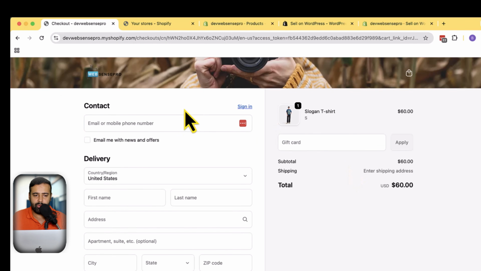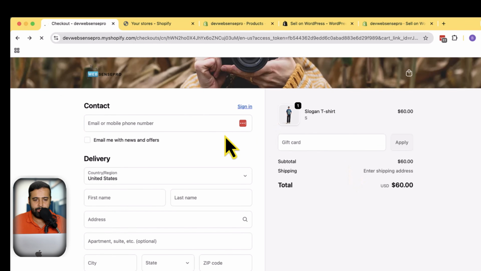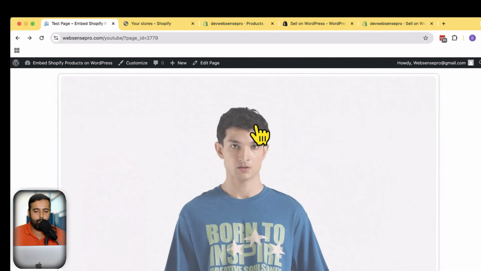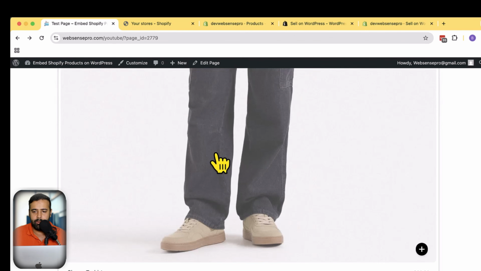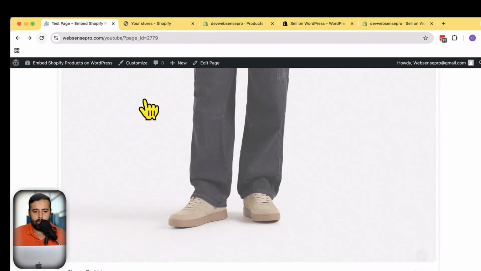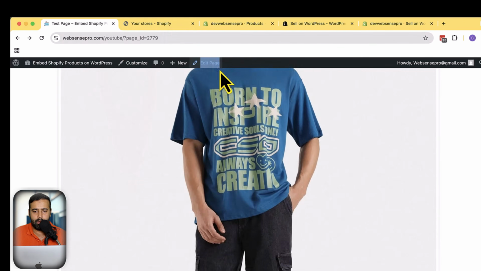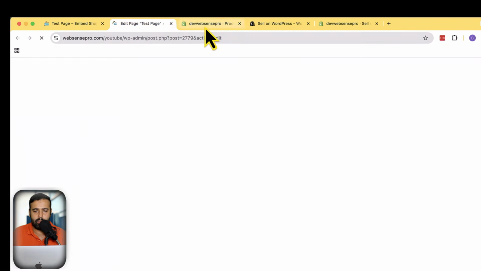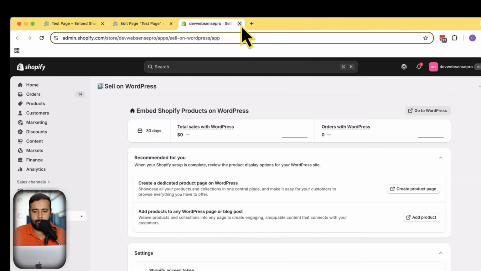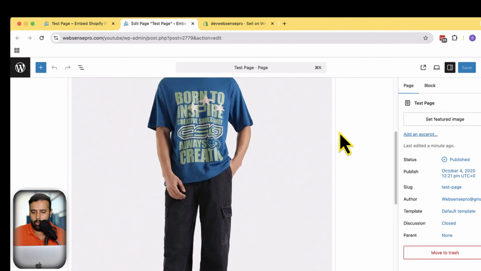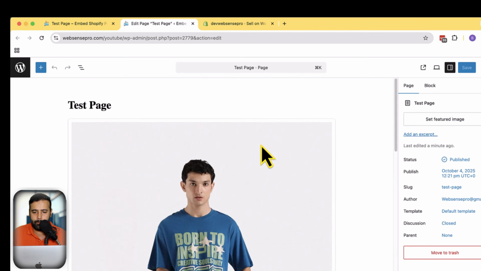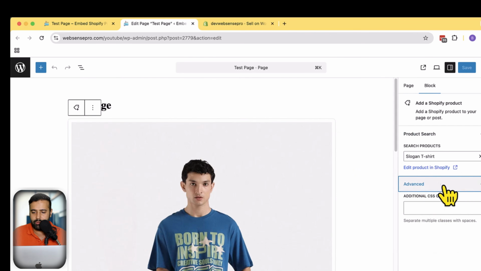Cool, right? Now let's try adding the collection. And also we have the option of adding custom CSS here. So if I go to my WordPress backend, I'm going to close these extra windows. If I click on this WordPress block, we have this option of adding additional CSS classes. So we're going to simply add the CSS class, and in the customized settings of WordPress, you can add custom